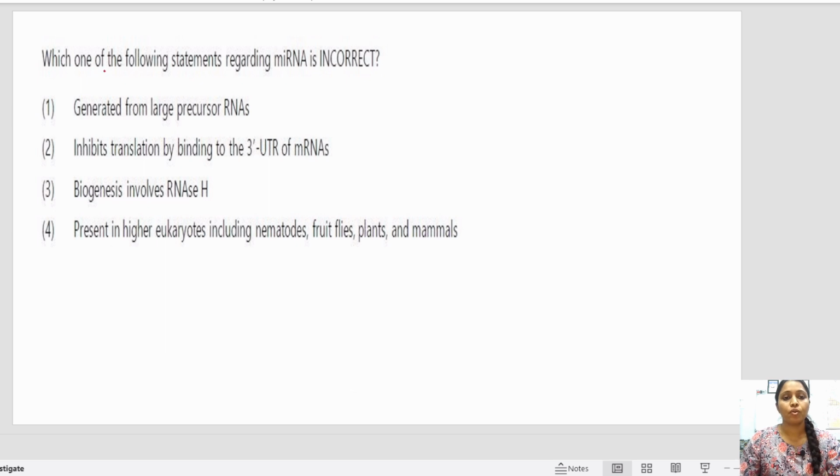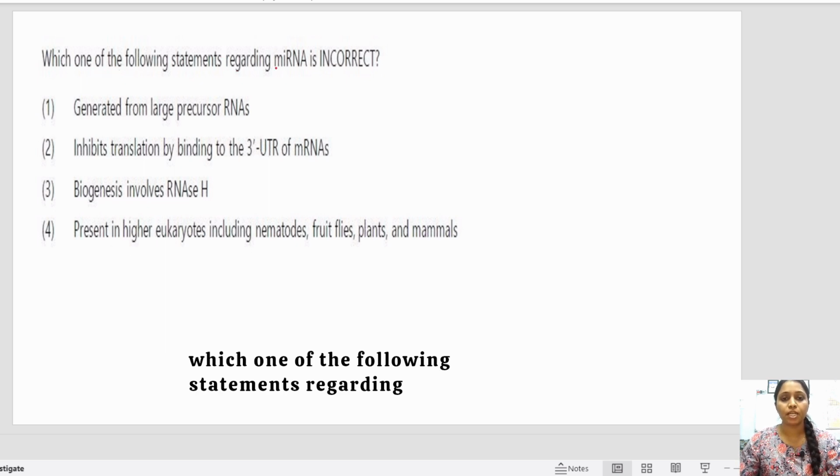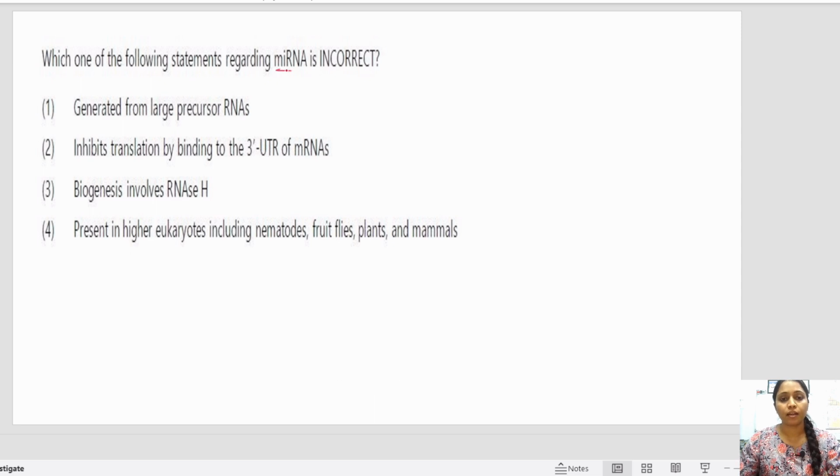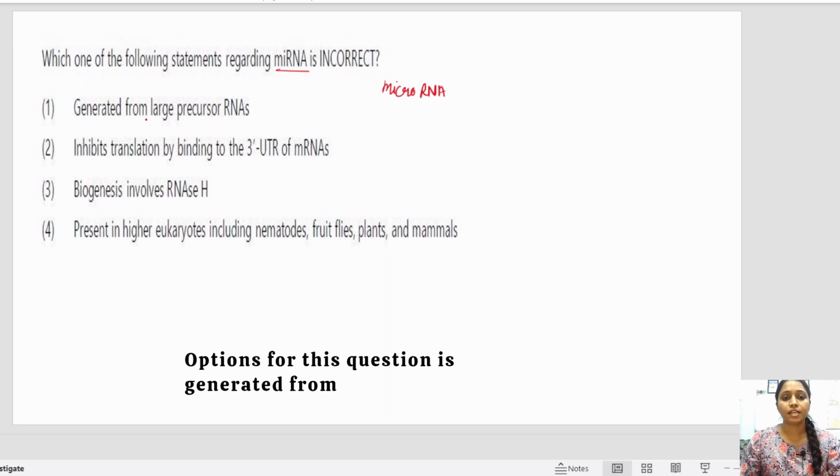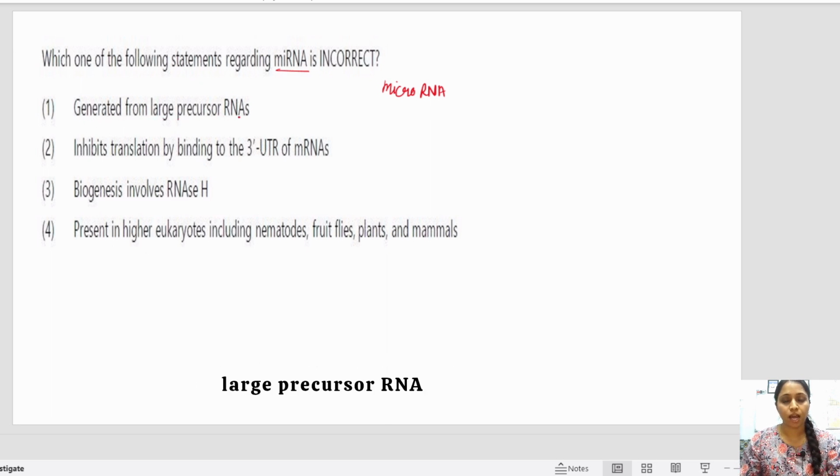First question is, which one of the following statements regarding miRNA is incorrect? miRNA stands for microRNA. And the options for this question: generated from large precursor RNA. This is absolutely correct because